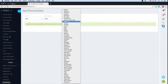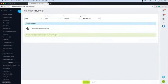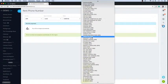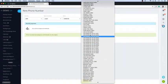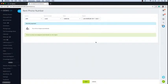And then I have a choice of states in here. So if I were to click on California, for example. And then once I click on the state here, then we can choose an area within that state. So you can see there are quite a lot of different Los Angeles numbers in here. But that's how easy it is. So if I wanted to click on that particular region, then you can see the cost is only $4 per month. So if I wanted to rent that number now, I would just click on rent,